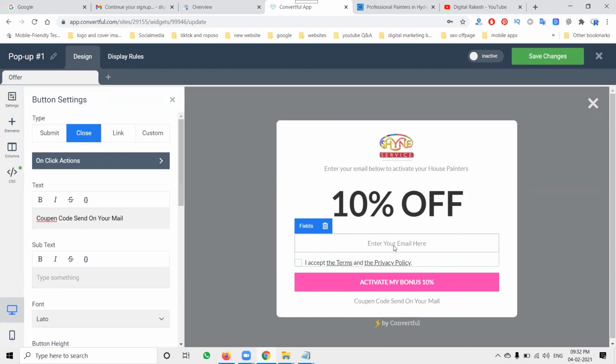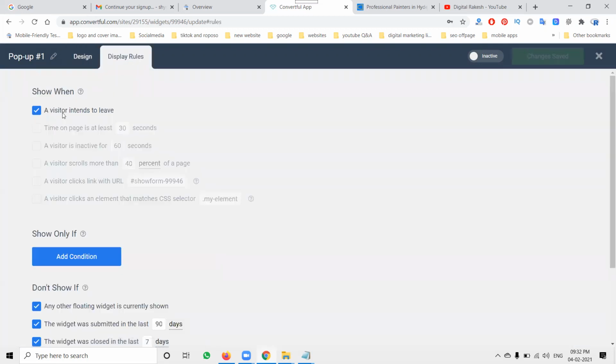You can apply it when the vendor is coming to your location to start the painting. So here, after that, save changes. This design will be done. When visitors come to your website, what are the parameters? The visitor's time, a page limit, at least how much time the user will spend, and how much percentage of the page the visitor scrolls.